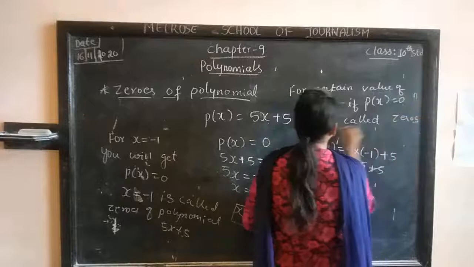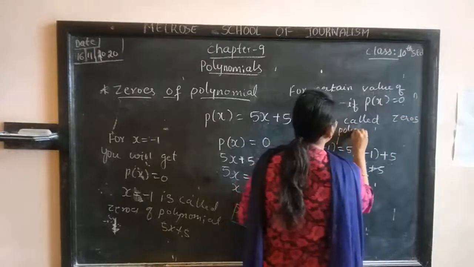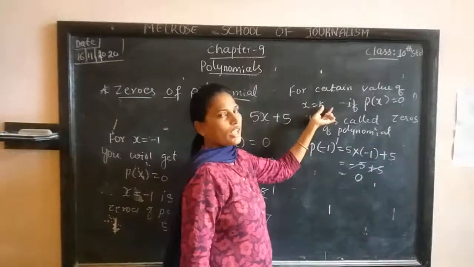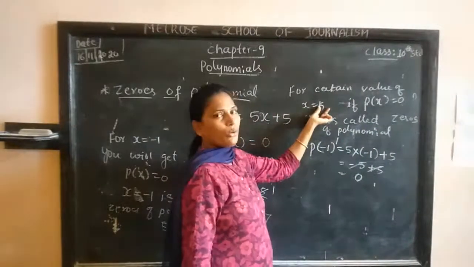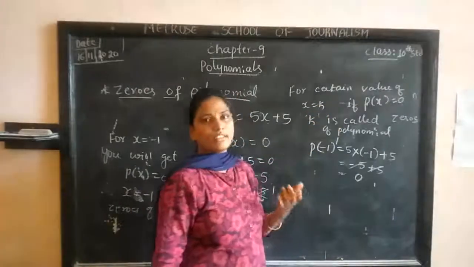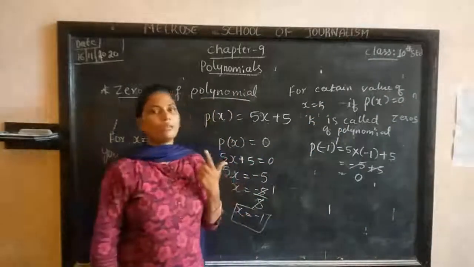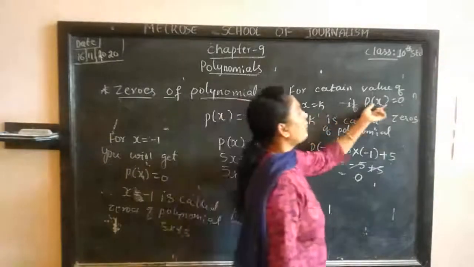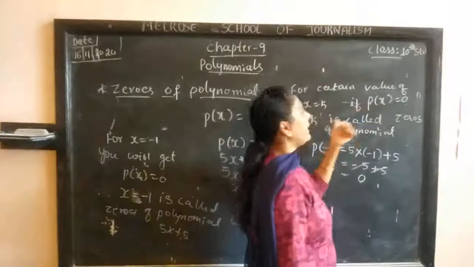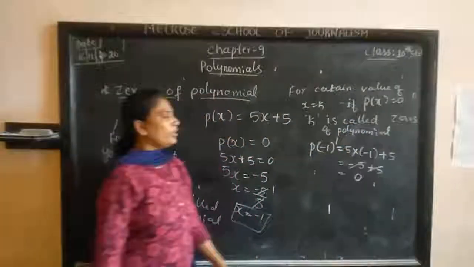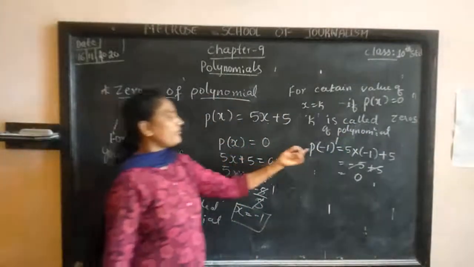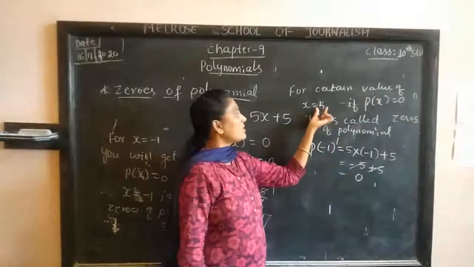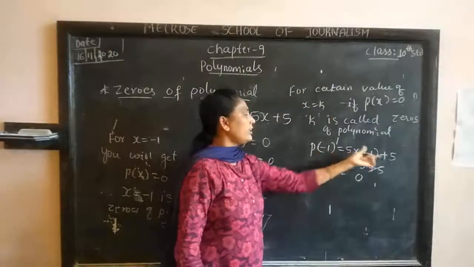Understood? Now what is the zero of a polynomial? For a certain value x equals k, if you substitute k in place of x, it may be anything, either a natural number, whole number, integer, rational number, or irrational number. If P of x equals 0, then k is called the zero of the polynomial. Here we have substituted minus 1 in place of x. It means that k is minus 1. If you substitute minus 1,